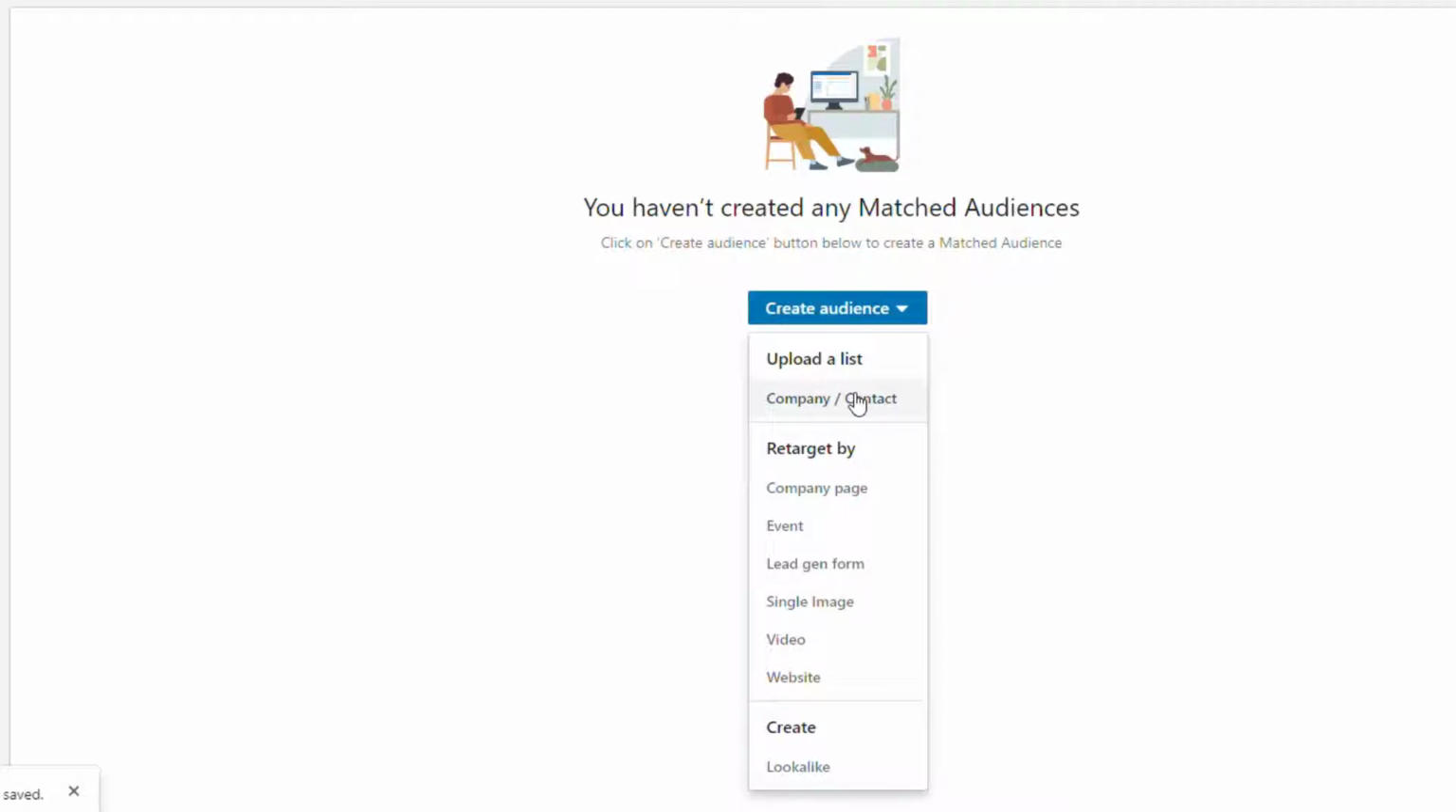Maybe you've got a list of people that have signed up to your CRM, to your newsletter, etc., that you want to retarget. You can also retarget by company page, so people who follow or interact with your company page. You can retarget people who have interacted, engaged, or opted into a certain event that you have hosted on LinkedIn, people who have interacted with a lead gen form. So this would only be if you've already run some ads and you want to retarget people who have visited a lead gen form. And you can also retarget based on images, videos that people have engaged with, and also